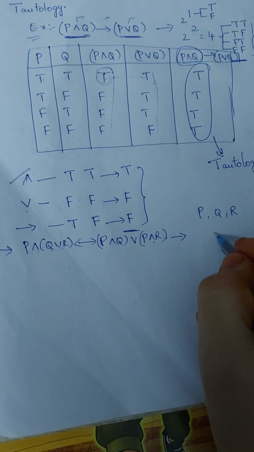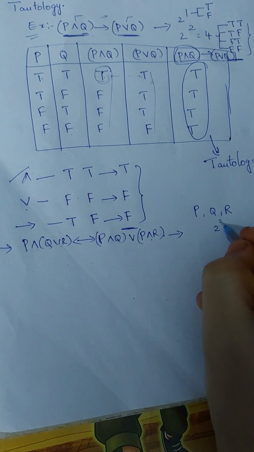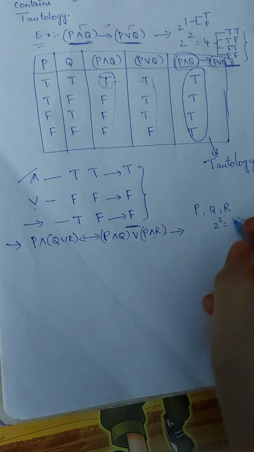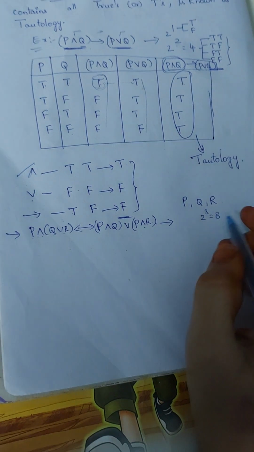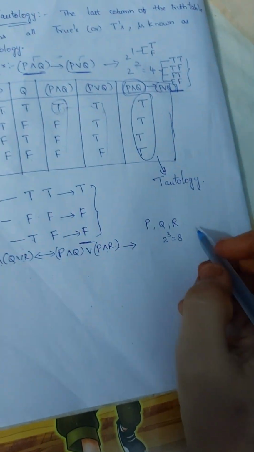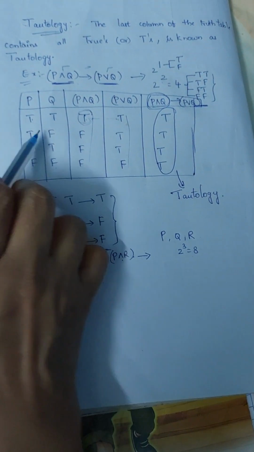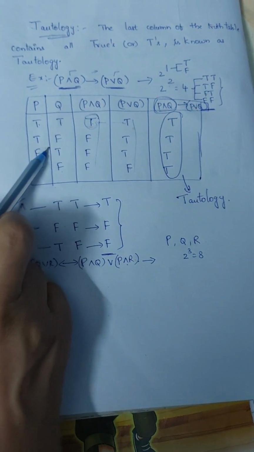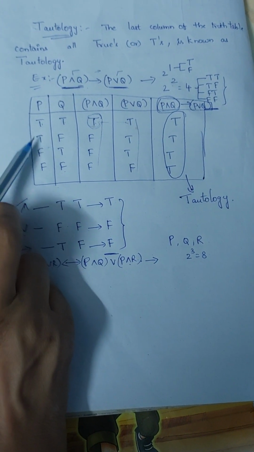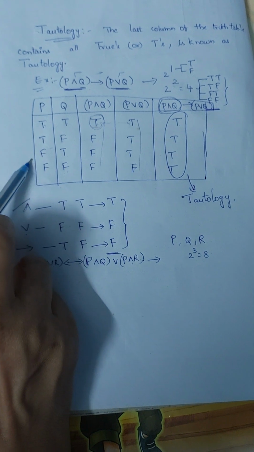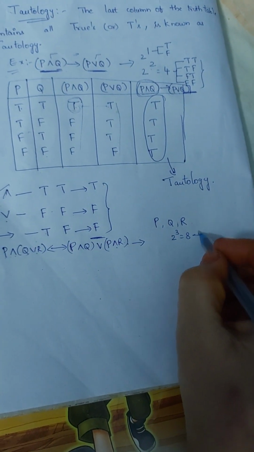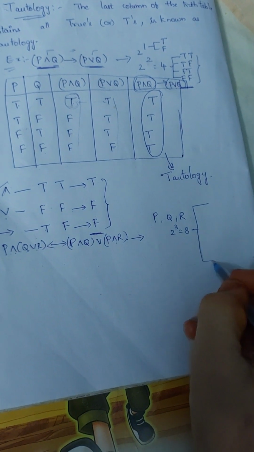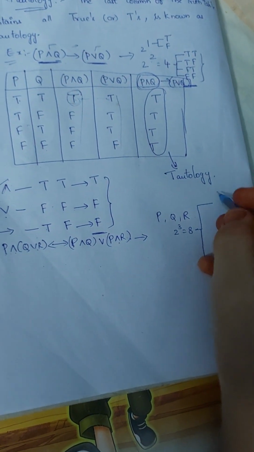If there are three statements, then how many possible truth values will appear? That is 2 power 3, meaning 8 possible ordered pairs. So we can write it like this. In the above table we observed that there are 4 possible combinations, out of which 2 are true and 2 are false. In a similar way, for 8 possible ordered pairs, we can write